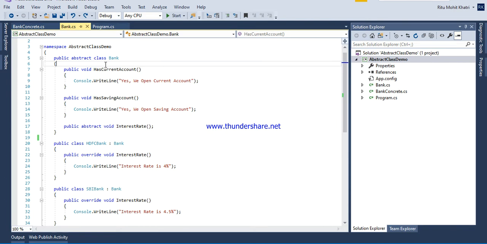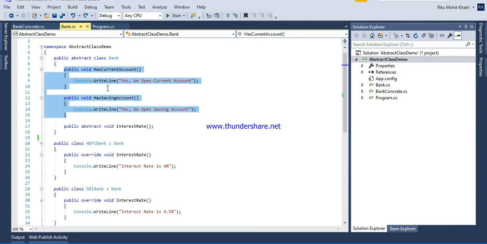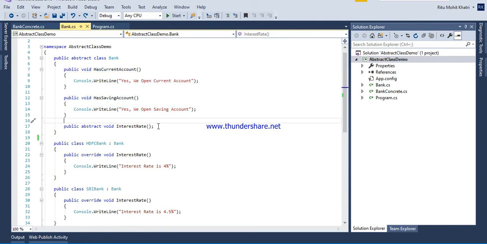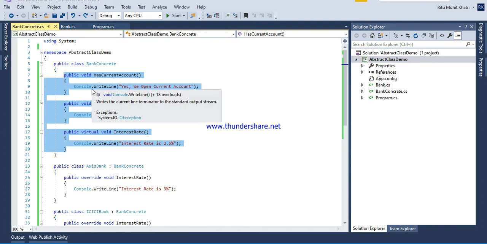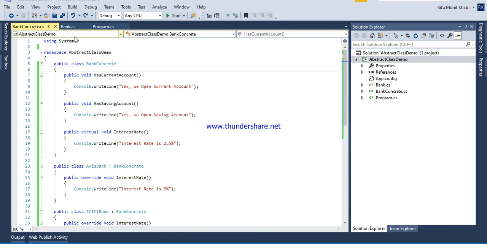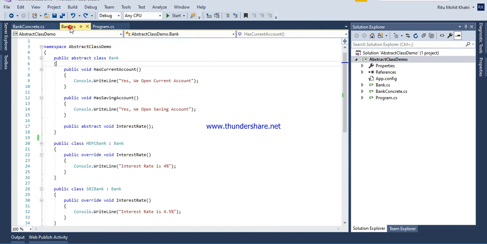Now if someone asks you the difference, as I said when I started this example, when to use the abstract class: abstract class is used when there are some non-abstract methods where I can define the body, and some abstract methods where I don't want to define the body. But in the example where I have all the definitions, I normally go with the regular class. So this is one normal difference for when we should choose the abstract class.